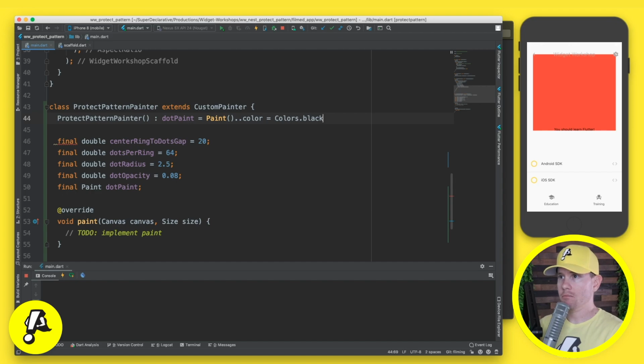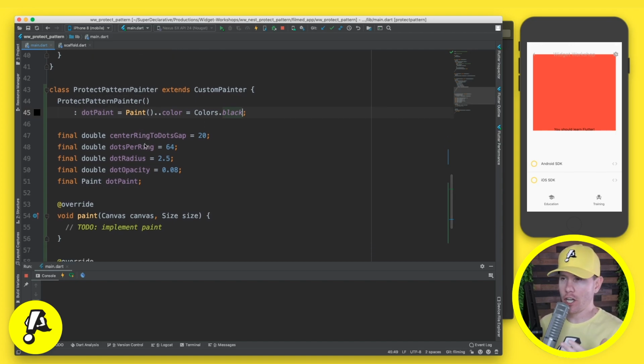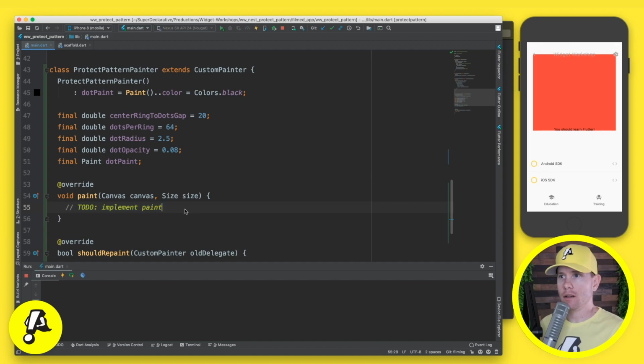The color can just be black, but we want the opacity to be equal to the dot opacity. And actually, I take that back. We can just set it to be black for now, and we will actually adjust the opacity as we paint, because the opacity is actually going to change. So we'll just initialize paint to a normal black, and we'll worry about the opacity down here in the paint